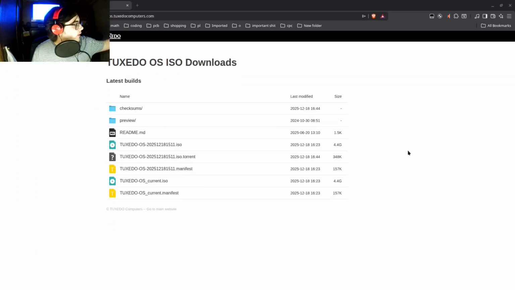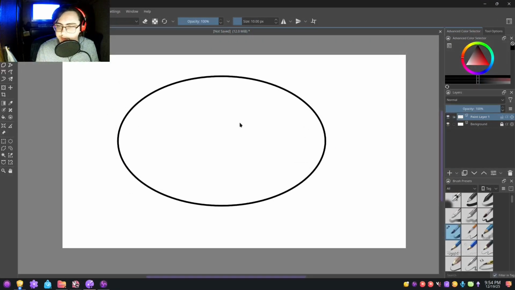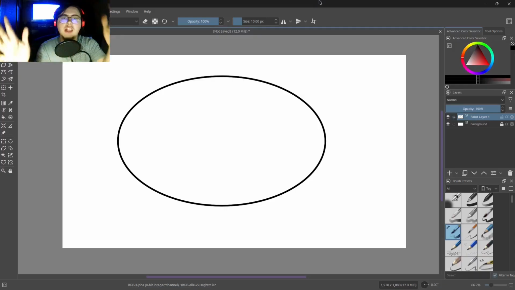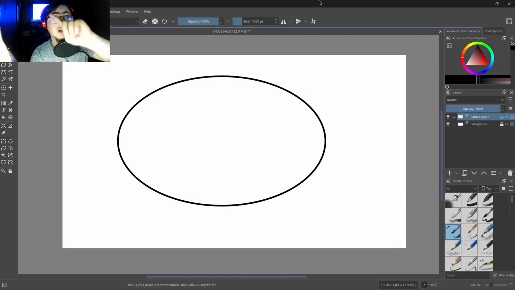Alright, now we've got our Linux installer right here, right? ISO flash to that. Now, a couple of things I'm going to go over real quick. There are two main things that just don't really work with Linux. First things first, Adobe software.